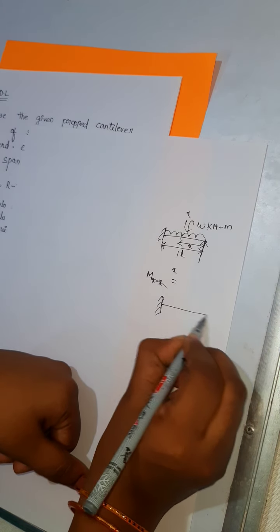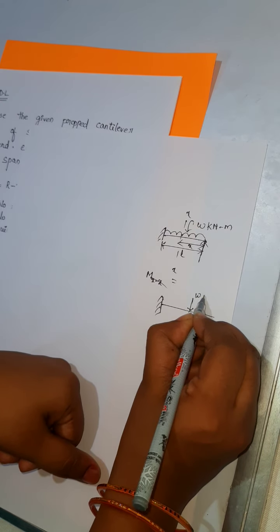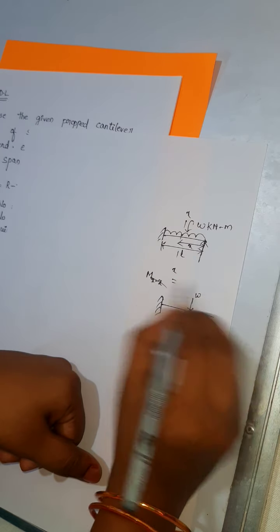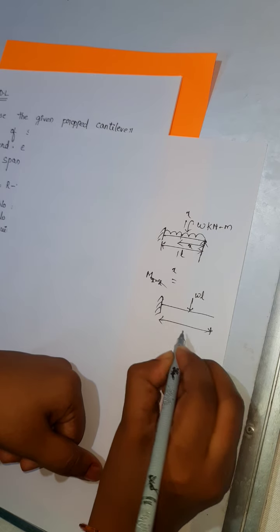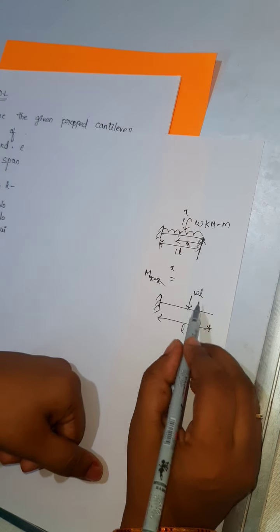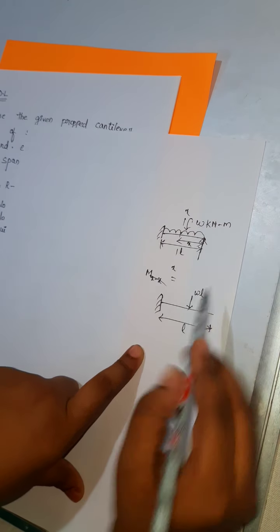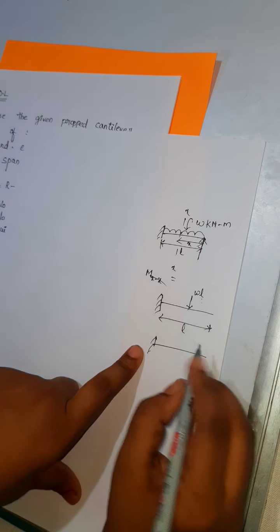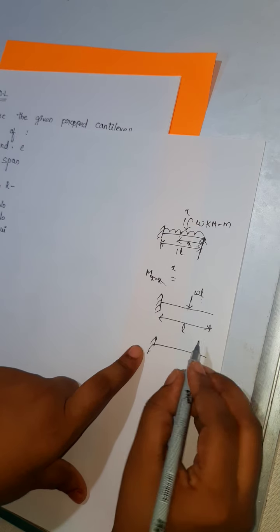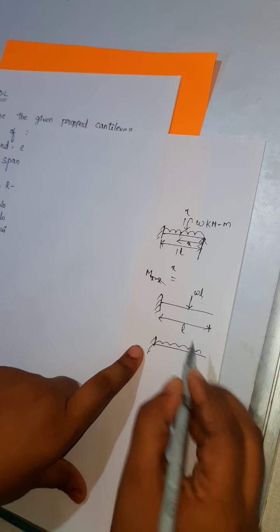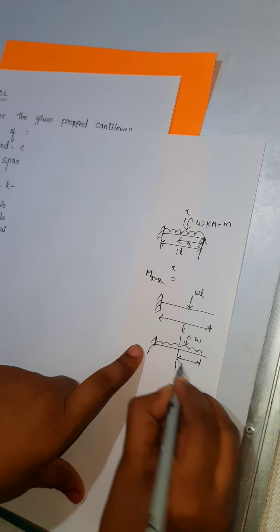I am changing this into a point load. What is the point load then? W into this X. Generally W into L it will be. If I convert the total UDL, it will be a point load, force into distance, so it will be WL. So here this is my load W. I am cutting the section. The distance is X, as I have told you.